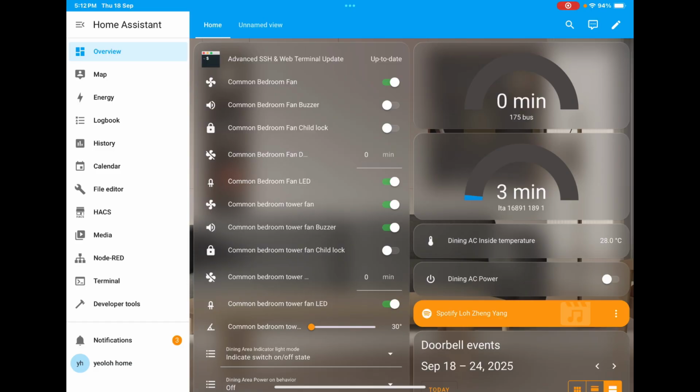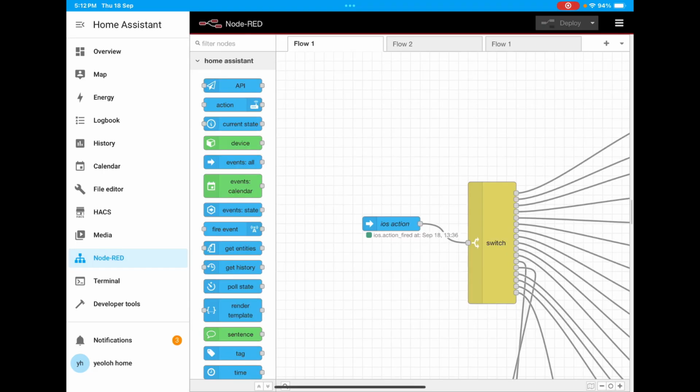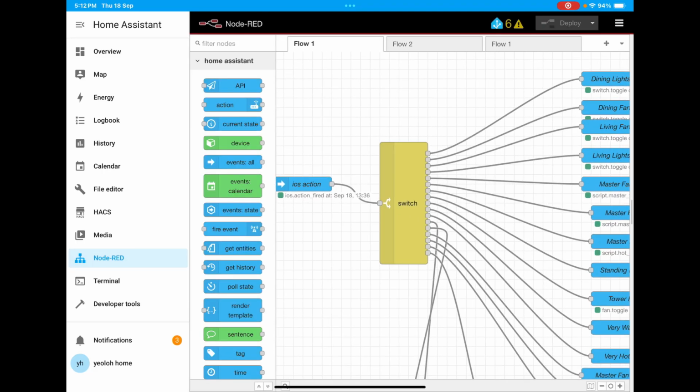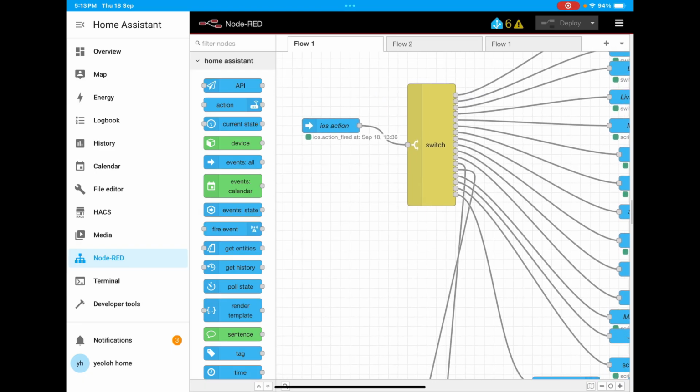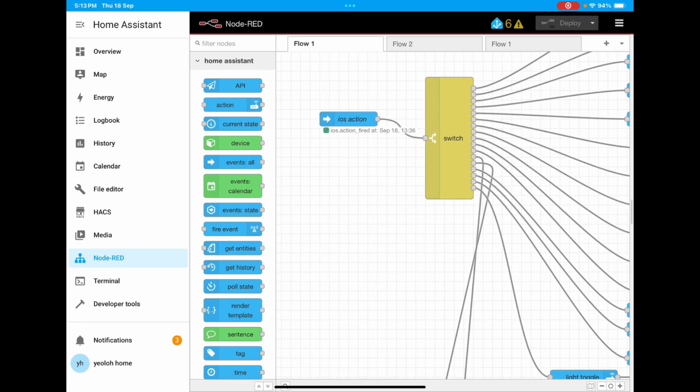Okay, now this is where the magic happens. Go over to Node-RED. This is where you set up the logic behind how Home Assistant tracks this bus timing that is now coming to your Home Assistant. It's a bit complicated. When you come over here, there are a lot of nodes,